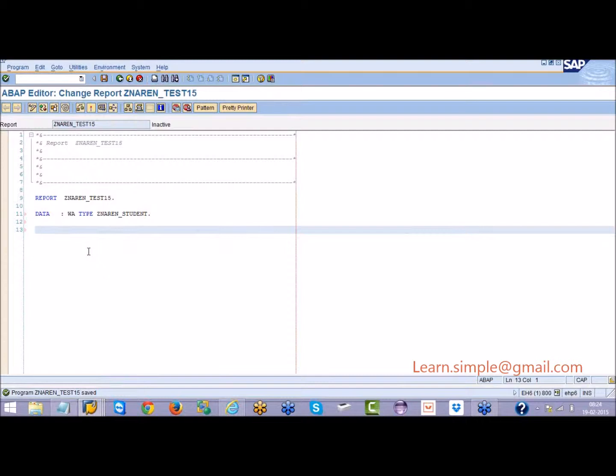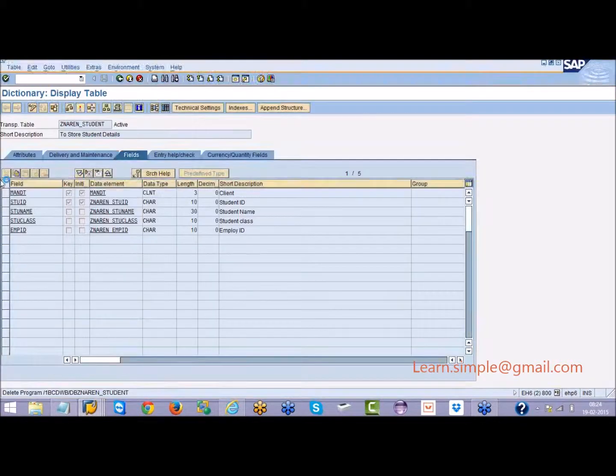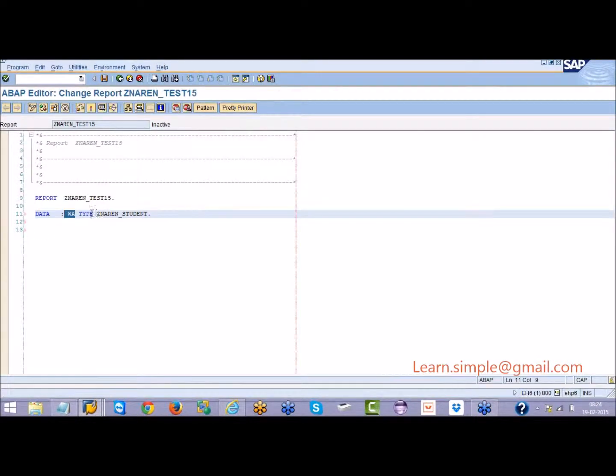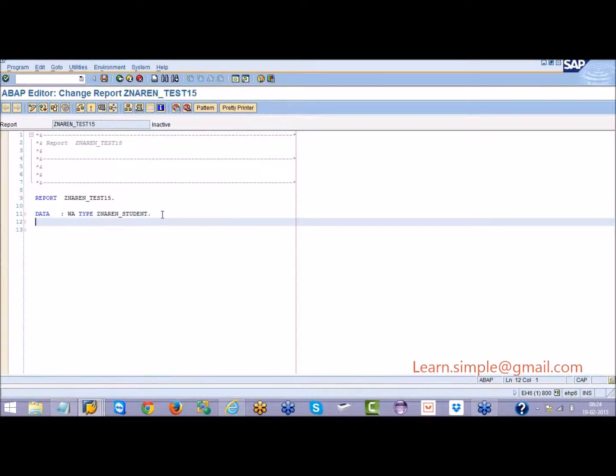How can I bring it? As of now, I have only a work area which has 5 fields. The first field is MANDT, the second field is student ID, then student name, class and employee ID. So all the 5 memory locations are empty. Now I want to fill those memory locations with some data which is available in the table.